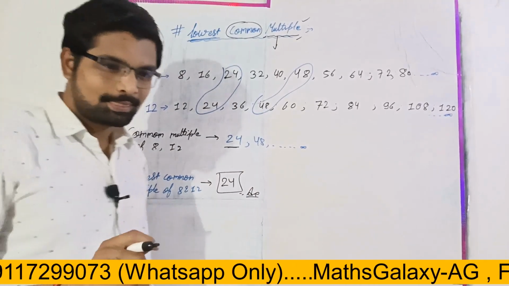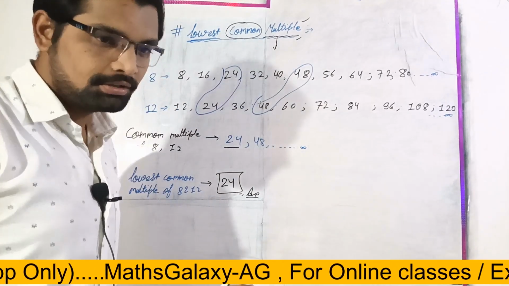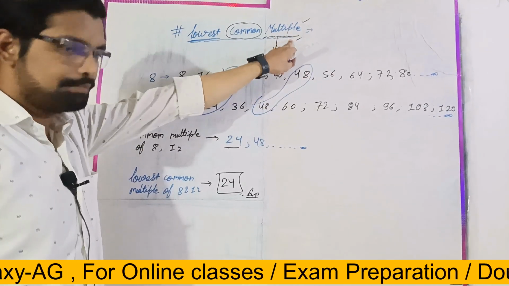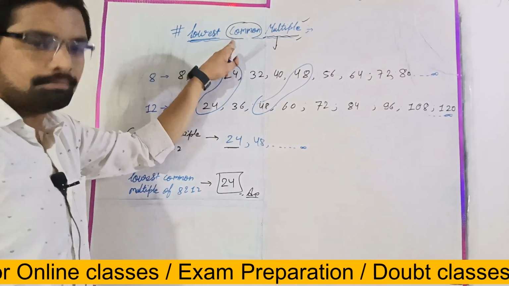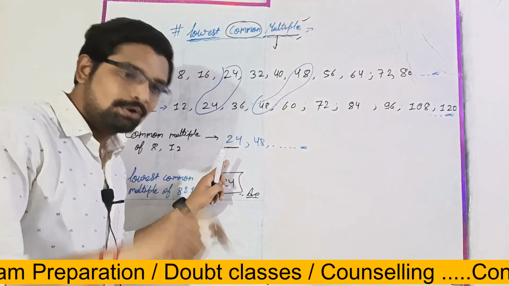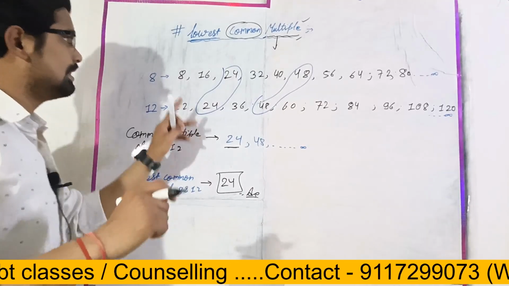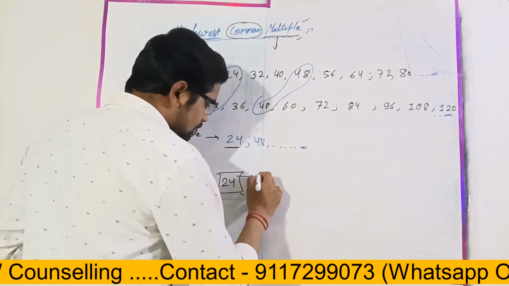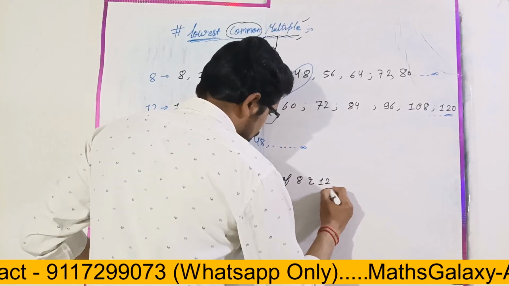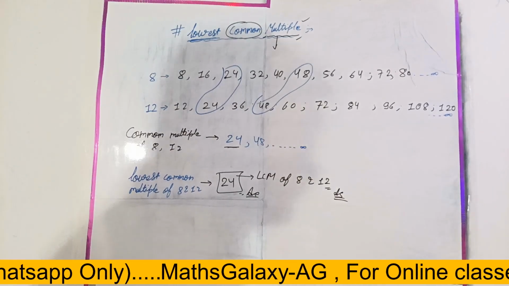Is it clear? Did you understand the meaning of lowest common multiple? Is there any doubt? The meaning is already hidden in the name. It should be a multiple, and what type of multiple? A common multiple. Among the common multiples we have to select the lowest one, so that will be our answer, the LCM. In short, we can say LCM of 8 and 12. Is it clear? Yes. So please note it down.